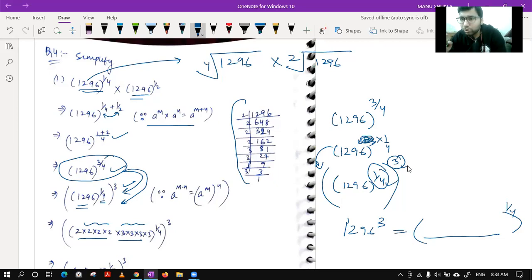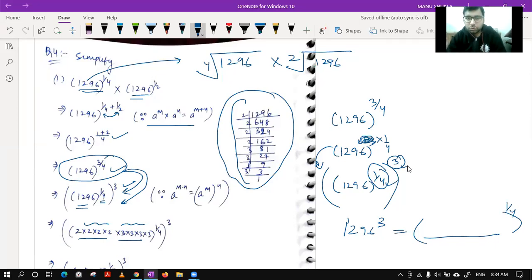Sir, we know that 1296 to the power 1/4 is 6. So why can't we just simplify there only? So you want to say that the answer is 6. So we could have directly written this. You can write directly also, no problem. This step I have shown just for those who do not know that 1296 is 6 power 4.